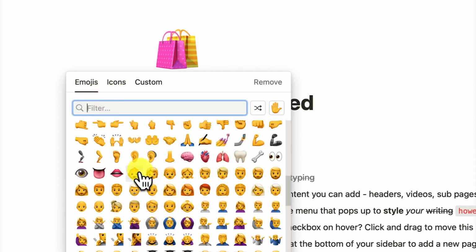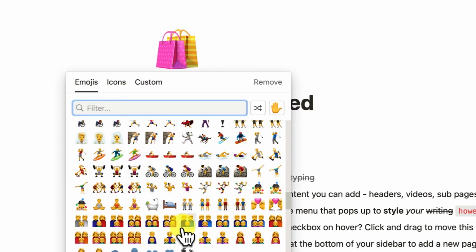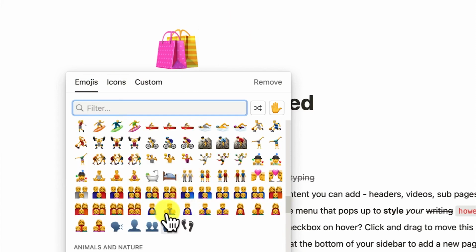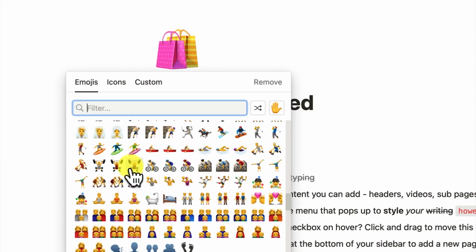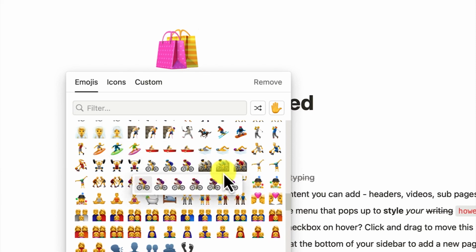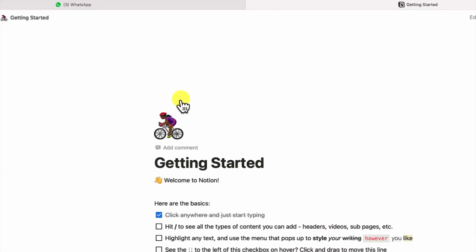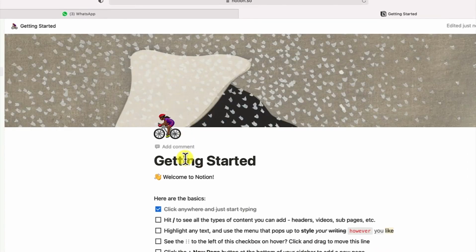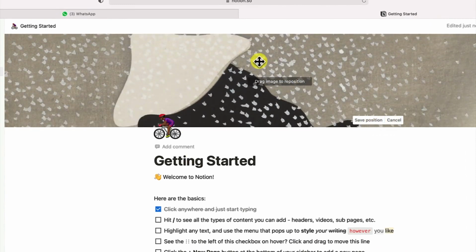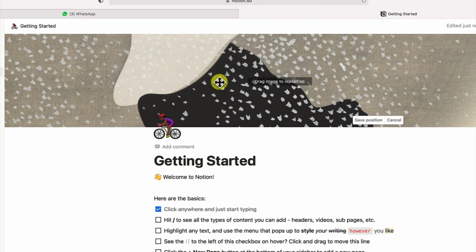You can go with any. If you want to choose from this list, you can go ahead and choose depending on what you're working on or what message you're trying to create. So let's say we can go with something like this. If you're talking about something like sport, you can just select any, and you can just go with something like this. And then you can add a cover. You can select to add a cover. By just selecting add a cover, the default cover comes up, and you can go ahead and reposition or try to change it. Later I will show you in detail how to add a cover to your pages